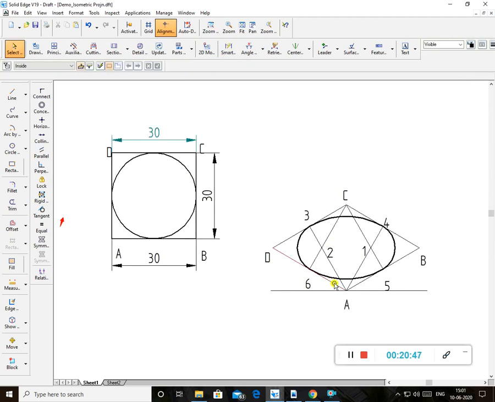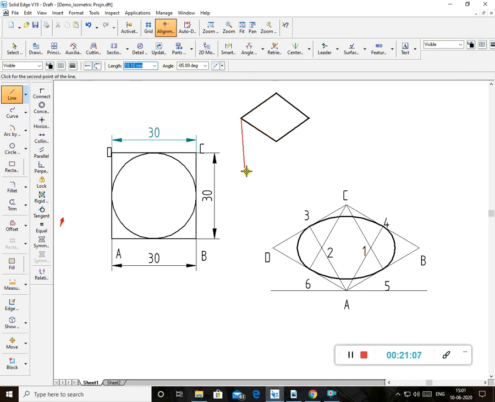What is my point here? This is the way. Another way, if I want to draw it in the front view, like this, I can construct this circle in this way. This is the top view. I hope you remember my previous drawing of the cube. So this is the plane I have drawn. Now I have to construct another view, maybe front view, maybe side view. This I have to draw.